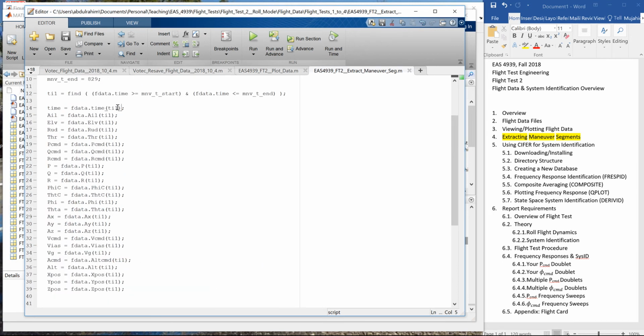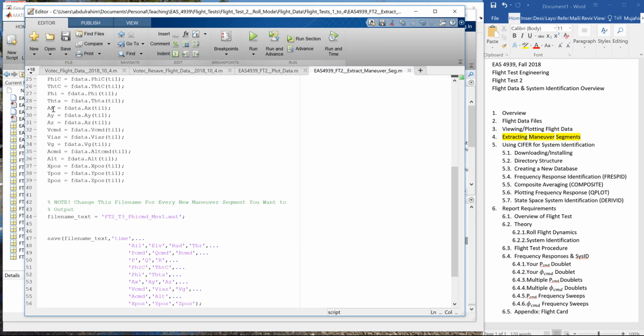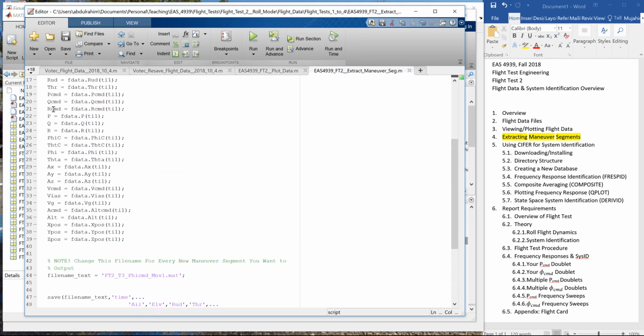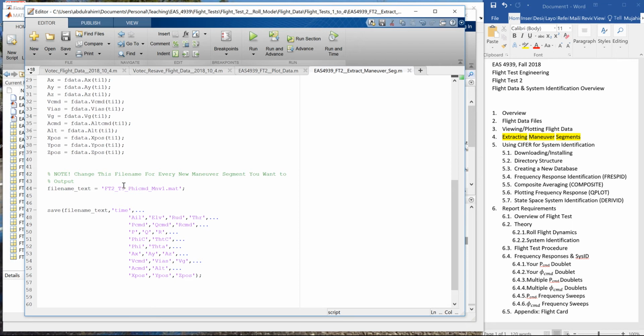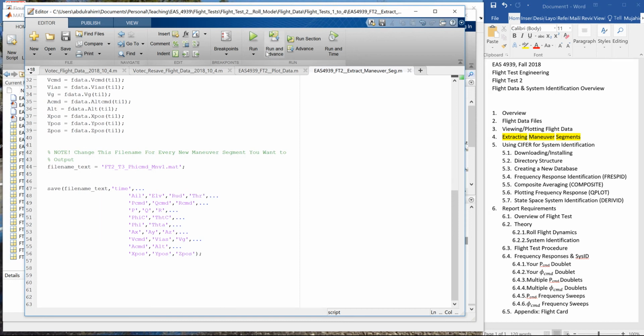And I can select only a portion of that, with these indices, a portion of time to dump into the workspace. This is already pre-named, but the naming convention that I'm using is FT2, the flight test 2 for the whole class, test 3, the test within the flight test 2 campaign, and fee command maneuver 1. This is already preloaded to Chad's command. When you run this, it will generate this file within this directory. I'm not sure if it already exists or not, but anyways, we'll run this,